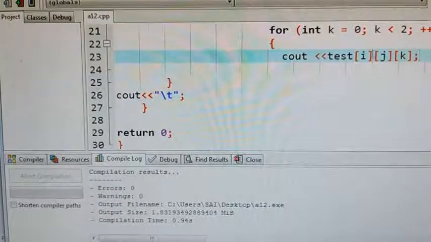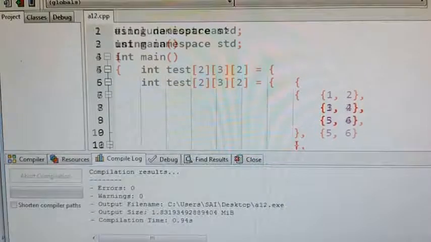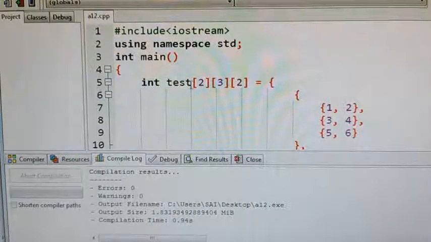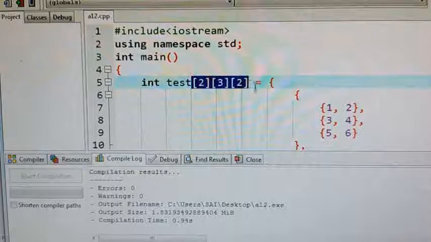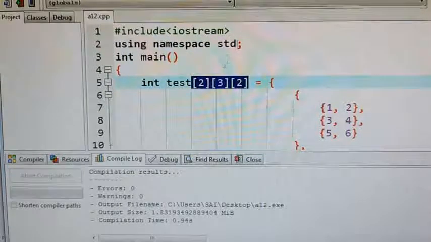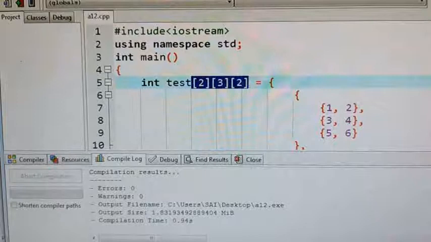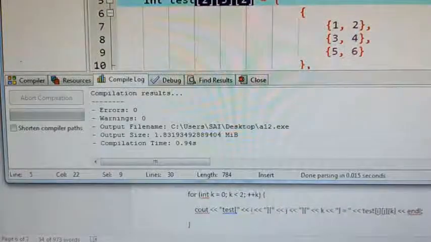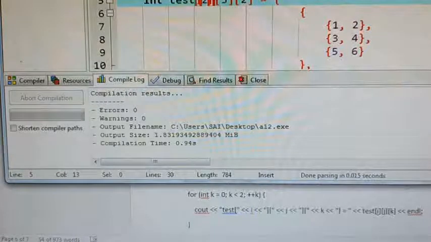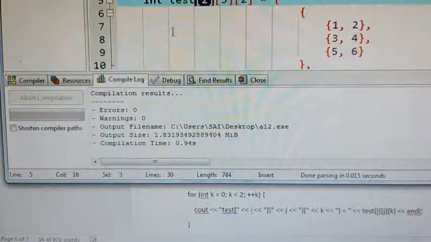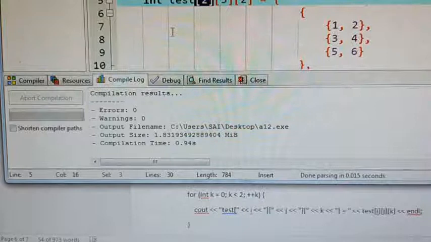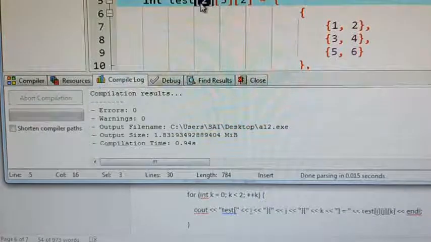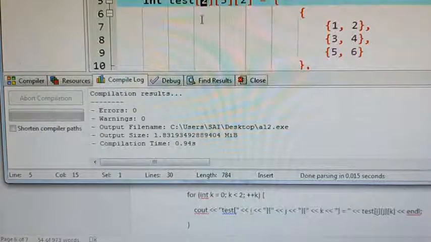Here I have given an example program which illustrates a multi-dimensional array. See here, how many dimensions do you have? 3 dimensions. If it is more than 2, that will come under a multi-dimensional array. In a multi-dimensional array, first is for the number of matrices. For example, you want 3 matrices or 4 matrices, that is nothing but a table.